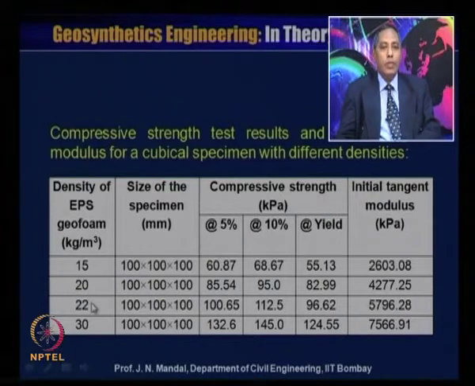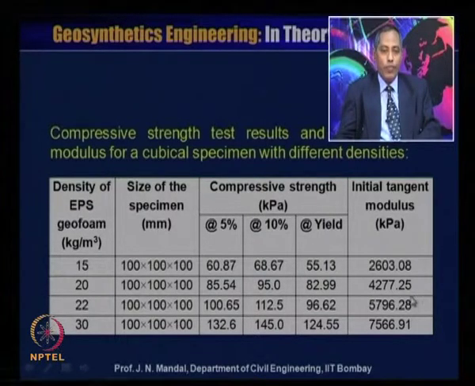When the density of the EPS geofoam is 20 kg per meter cube and the size of the specimen is 100 millimeter by 100 millimeter by 100 millimeter, compressive strength at 5% strain is 85.54 and at 10% is 95 kilopascal, and the yield strength value is 82.99 kilopascal. This portion I have shown you in the calculation, and then the initial tangent modulus